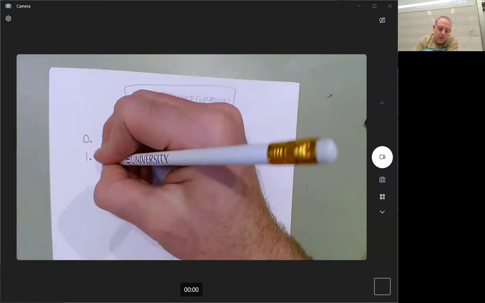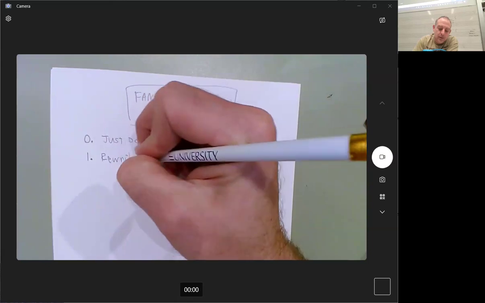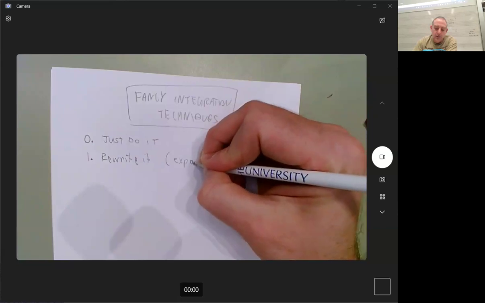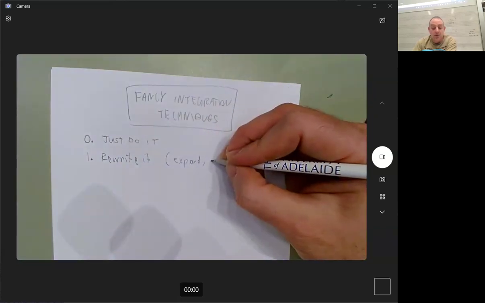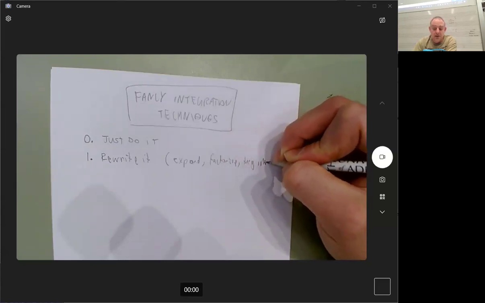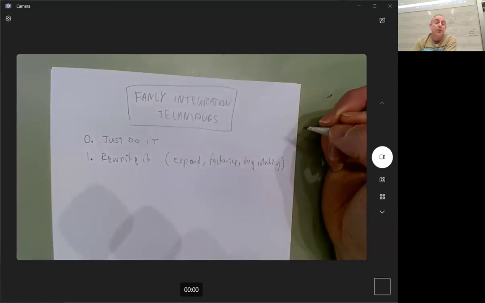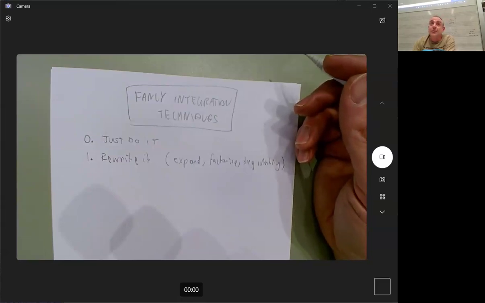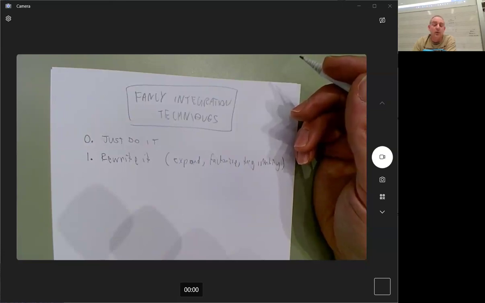Technique number 1 is rewrite it. As in, expand the brackets, or maybe sometimes factorize, maybe use a trig identity, whatever. Do whatever you want to do and rewrite it so it looks like something you can just do. They do not usually list this as a technique, but it really is. Classic as well. You see 1 over x squared and you go, oh, that's x to the -2. I can now put the exponent up by 1 and divide by the new exponent. All of those things are